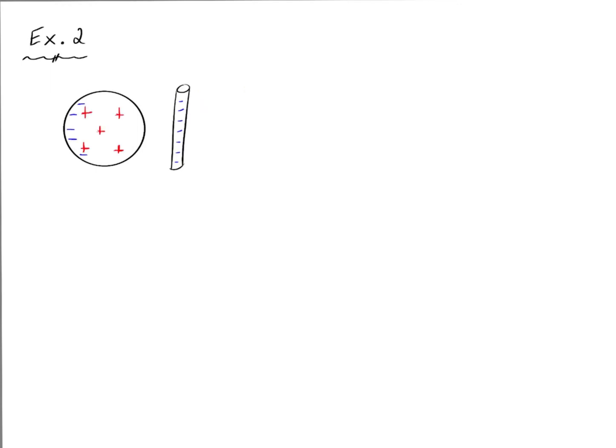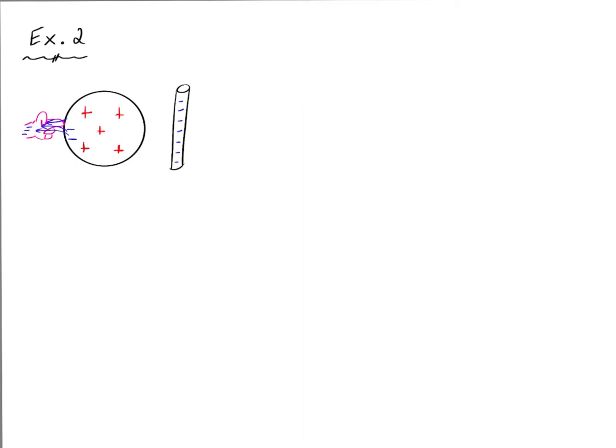When I brought that negatively charged rod close to but not touching, I polarized that neutral conducting sphere. So the electrons were repelled as far away as possible, which happens to be the left side of the sphere in this case. When I made contact and provided that ground, that conductive pathway,